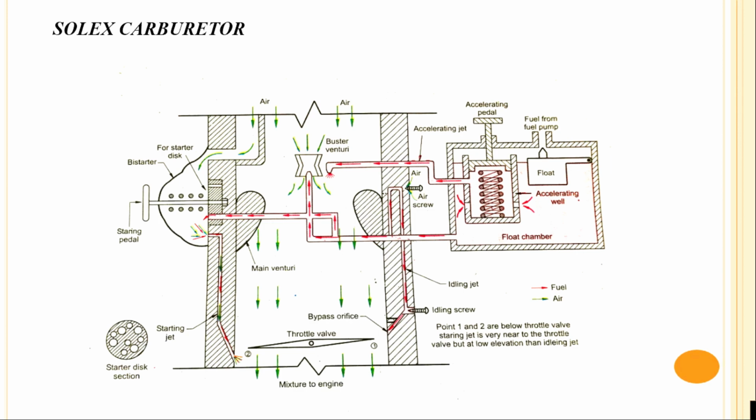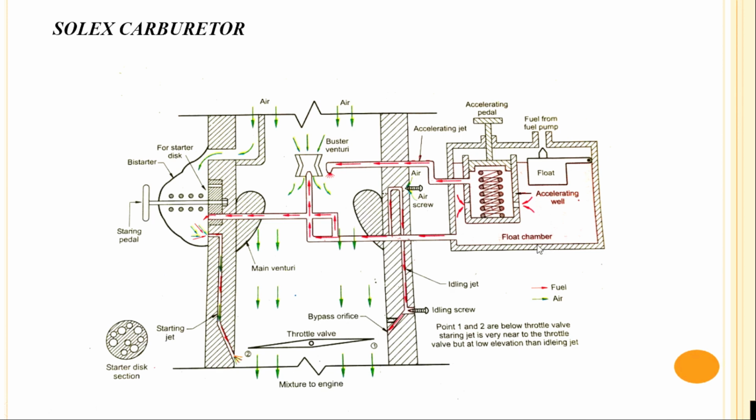At the beginning, a very rich mixture is used by opening the bigger hole, and as the engine starts, the smaller holes are brought in contact as the required richness is reduced. After the engine gains rated speed, the starter lever is brought to the off position. This is the initial starting condition for this carburetor.